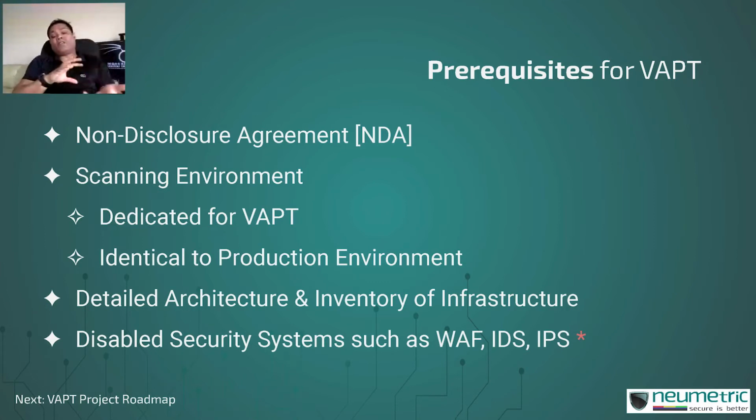The next requirement is that you need to have a detailed architecture and inventory of the infrastructure that is used in your environment, because this becomes more relevant specifically when you are conducting a pen testing activity. The method of exploitation of the discovered weaknesses is very subjective in nature, and it is completely dependent on the intelligence and ingenuity of whoever is conducting the PT exercise. Now, they will change the way they attempt to attack your system using the discovered vulnerabilities, depending on how exactly the architecture is set up and what exactly are the components in your infrastructure.